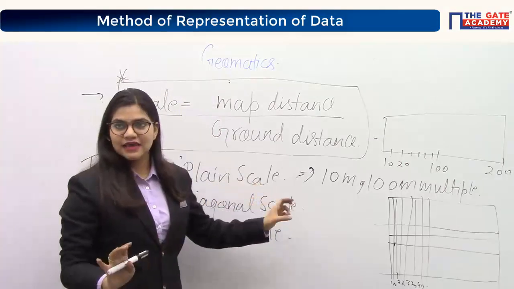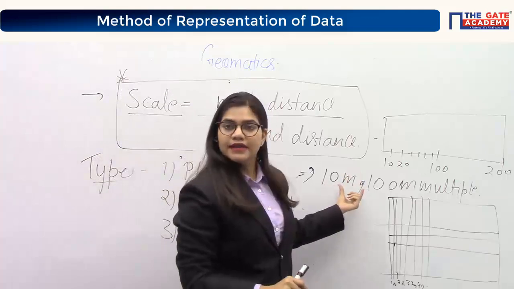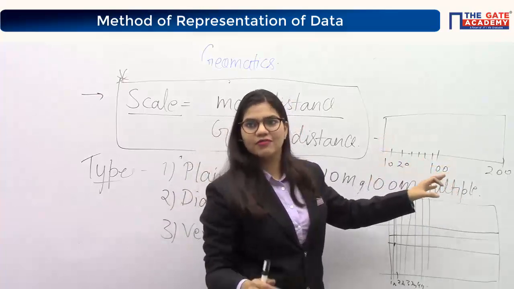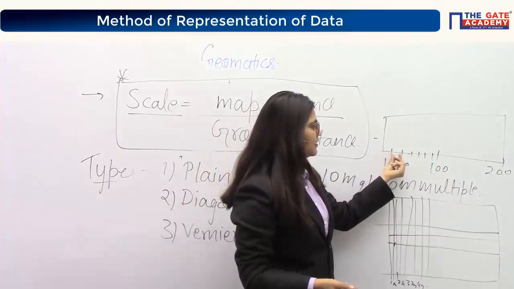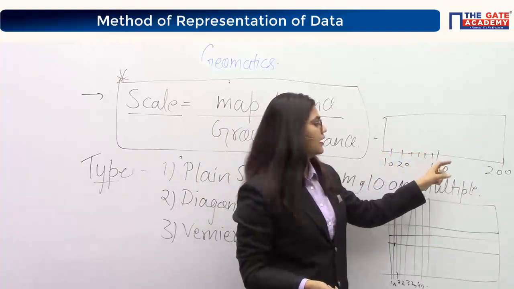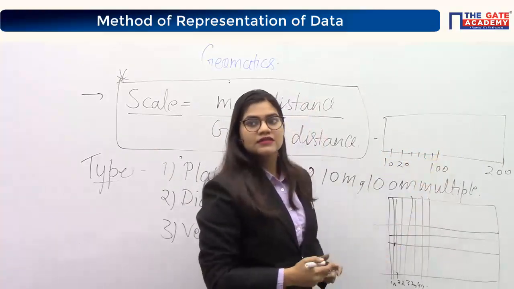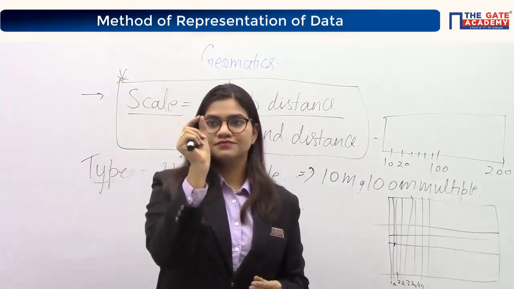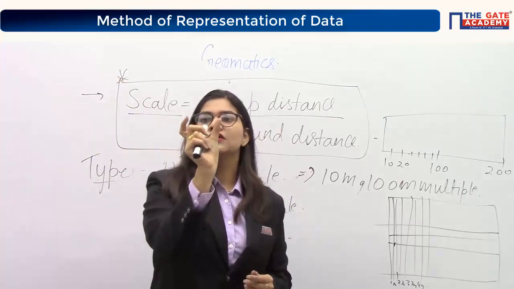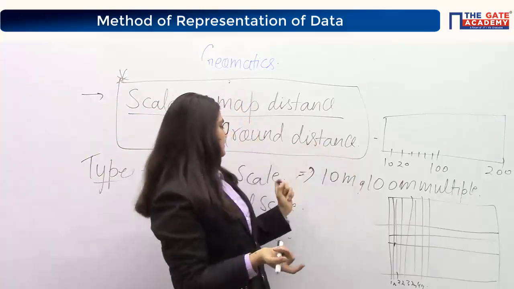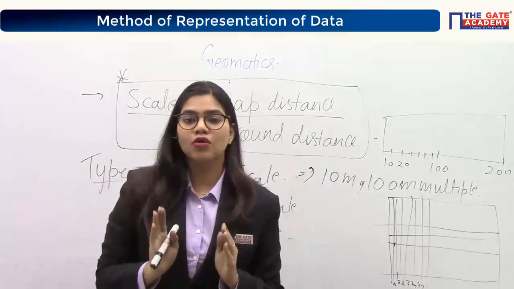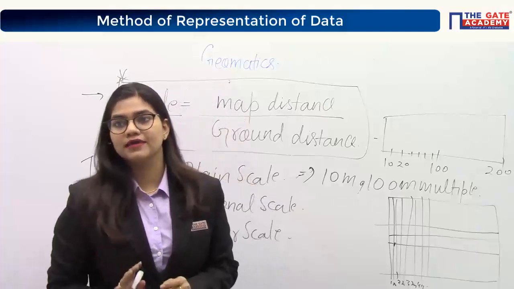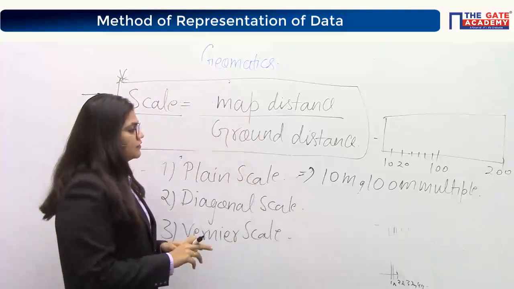Plane scale is that scale in which you can read 10 meter multiples as well as 100 meter multiple. So I just drew a kind of diagram of the scale. In this you can read 10 meter, 20, 30, 40, 50, 60, 70, 80, and this will be your 100. This is just a plane scale. Just take the example of your normal scale, instead of 1 centimeter, then 1 mm. So in your surveying, in your plane scale, you only have 10 meter multiple and 100 meter multiple. Clear? Measured in meter. Yes, measured in meter.